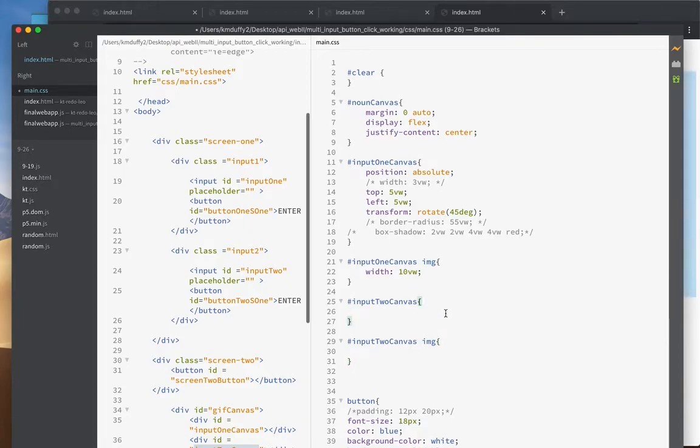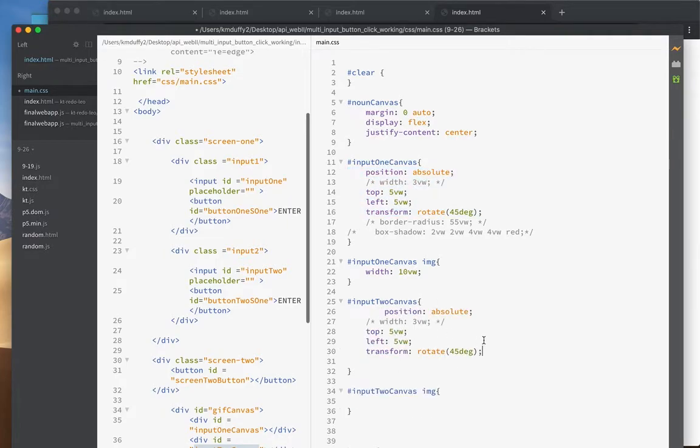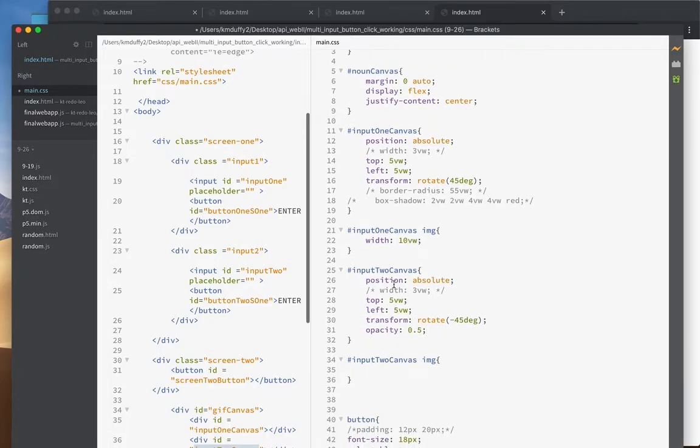All right, and I will give it some position. So we'll just grab some of this same stuff here. Okay. Maybe we'll rotate it -45 degrees, and let's give it an opacity of 0.5. Okay. And then let's also say we want it to be like 10 from the top, 10 from the left, and then we will say the image size, right? So the image size here, let's give it a width of 20. Okay,